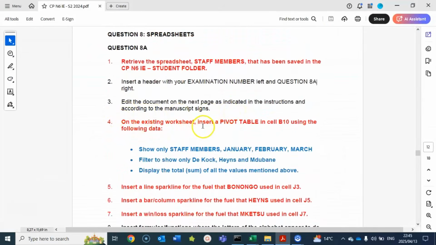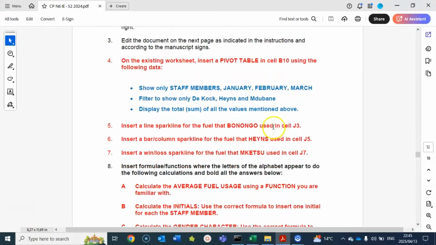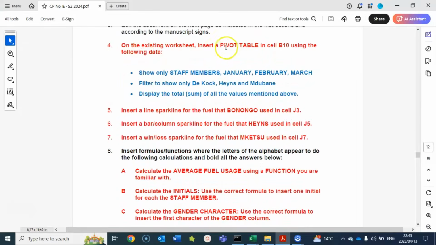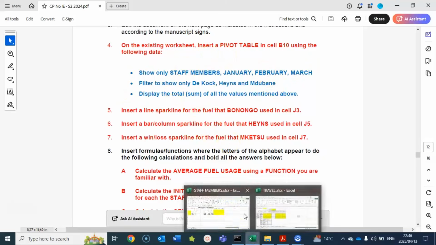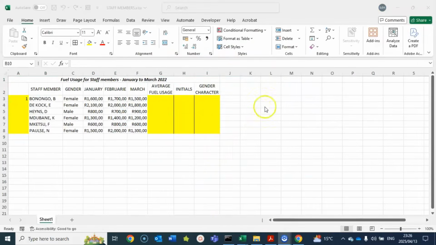On the existing worksheet, insert a pivot table in cell B10 using the following data. So we need to go and insert a pivot table. We need to show only the staff members of January, February, and March. We need to filter to show only De Kock, Haynes, and Dubane. Display the total as a sum for all the values mentioned. Alright, let's see. If we go back, we are now going to insert a pivot table, but there's a few things that you need to know. Number 1,